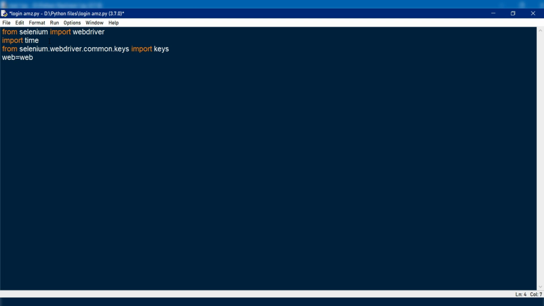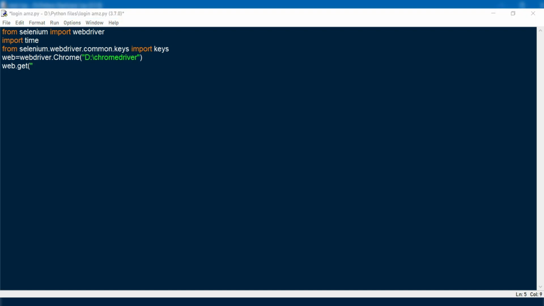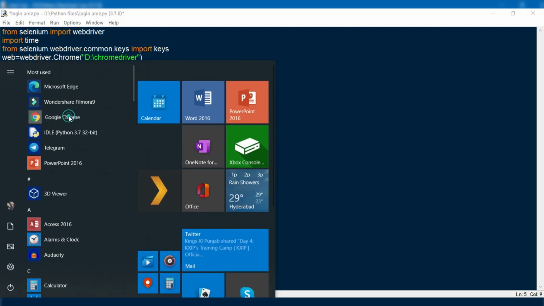Create a variable called web, and in this variable you need to mention the path of the WebDriver that you downloaded. Next, write web.get. Inside the brackets, you need to insert your Amazon sign-in link.